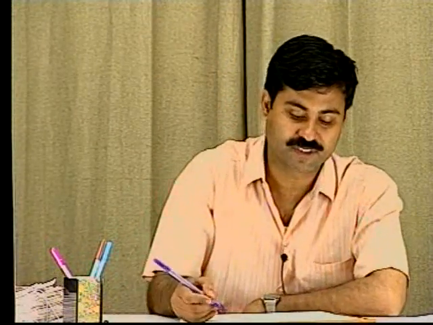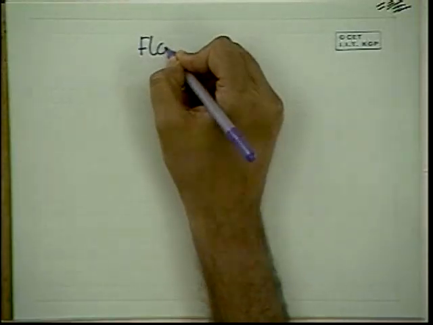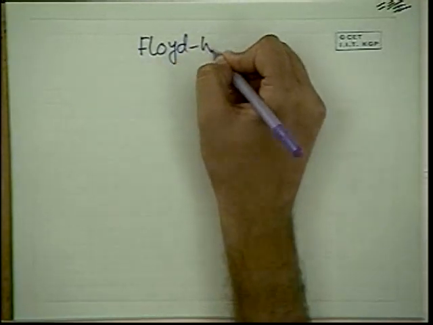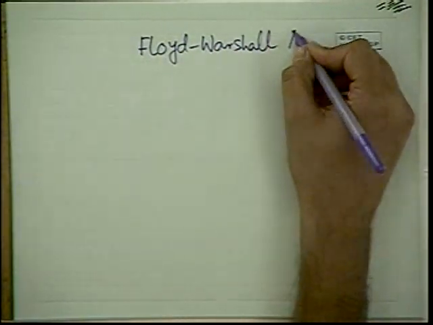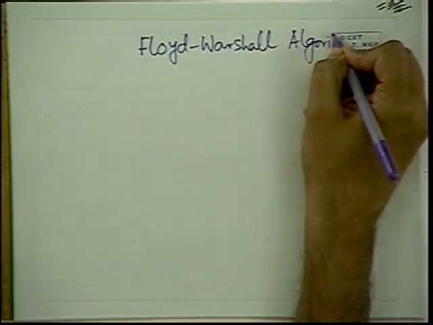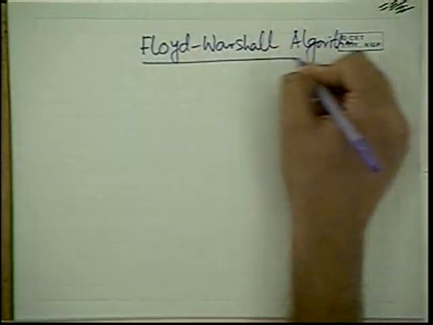So today we study one algorithm which is called Floyd-Warshall's algorithm. Now this algorithm is devised for the all-pair shortest path problem. We have already seen in the previous class how we can solve the all-pair shortest path in a graph, and